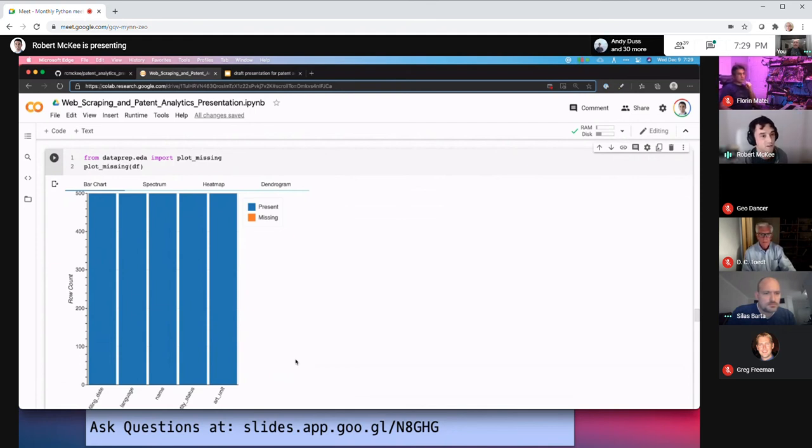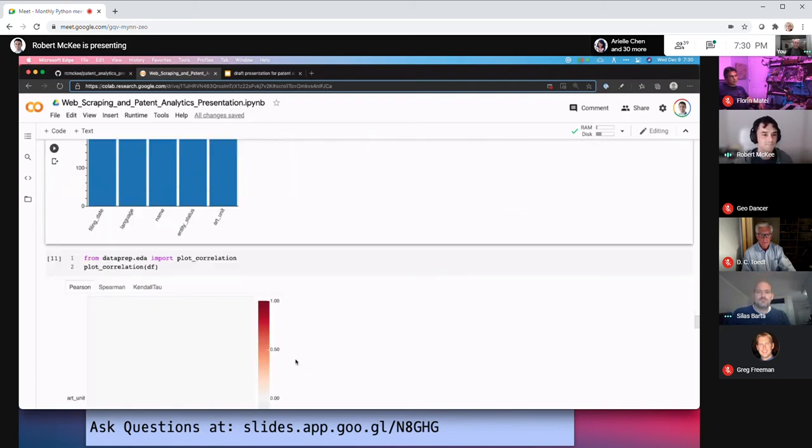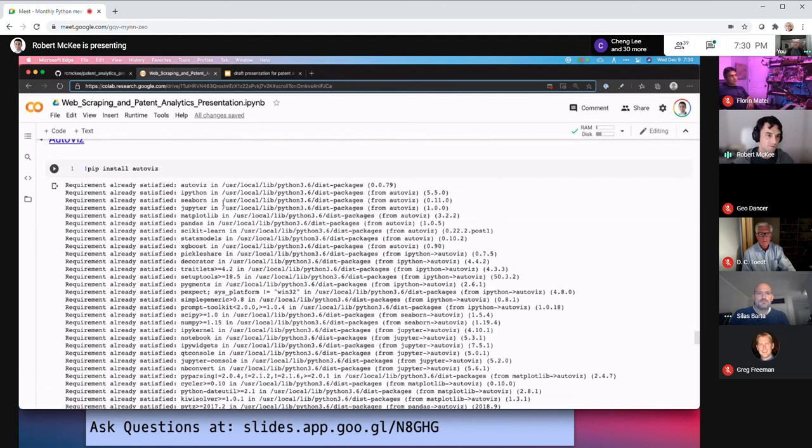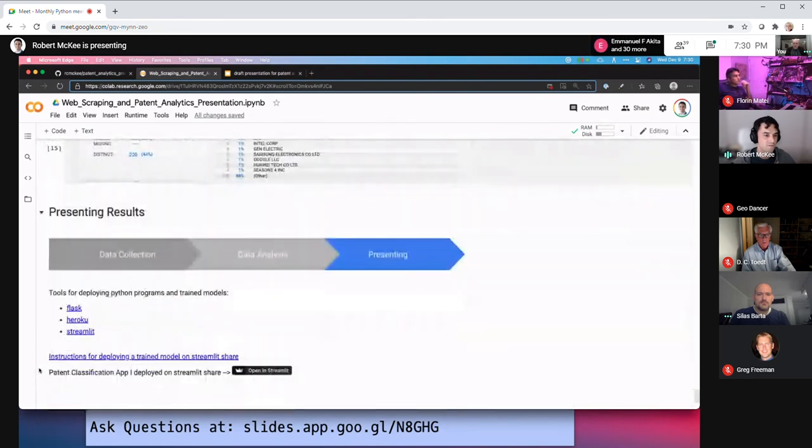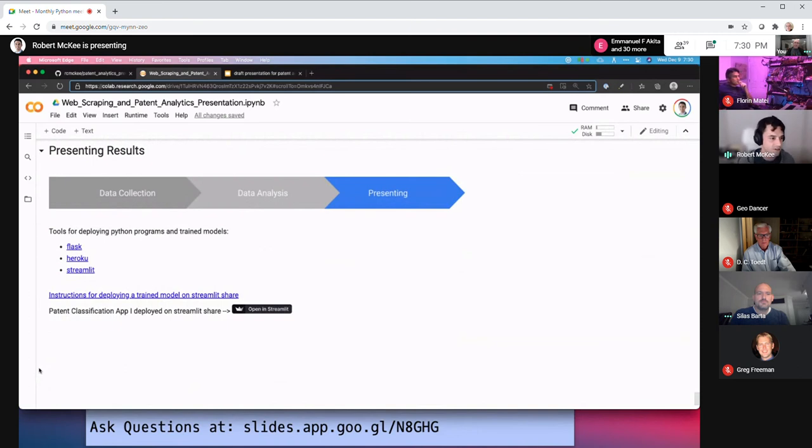And if you've got millions of rows, you're going to have to figure out a way to get through all those, and you're not going to scroll. So all of these tools are in there. I'm just trying to give you a big overview of all this stuff. And one of the things that's not shown as much in data science projects is deploying it. You come up with this model, and in my GitHub I've created a machine learning model that classifies patent applications, but it's just sitting there on my computer.